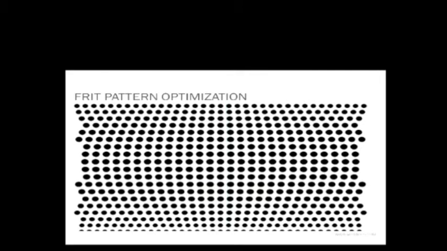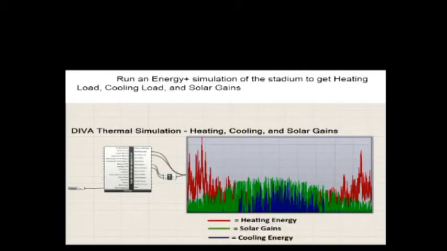The next exercise is frit pattern. This is just to mess up your eyes. You can look for a little bit. So here, Thornton Tomasetti works on a lot of stadiums, and one of the stadiums that we worked on, which is confidential, so I cannot say the name of it, is in a cold climate, and the idea was to enclose the stadium completely on top with an ETFE roof. And the concept was to use 2 layers of ETFE roofs, so the top layer and the bottom layer.